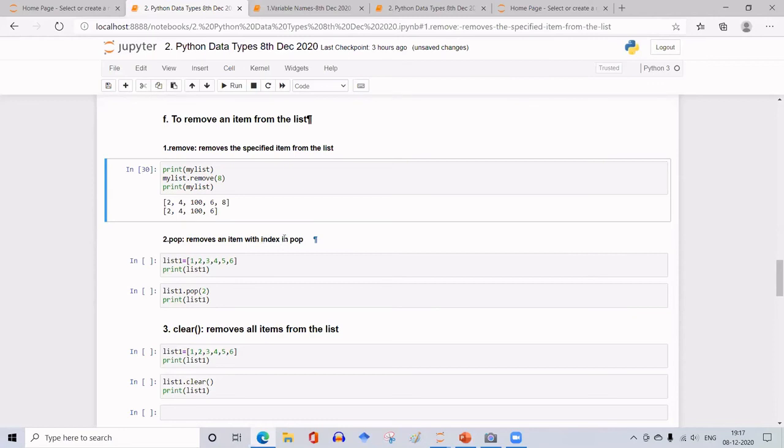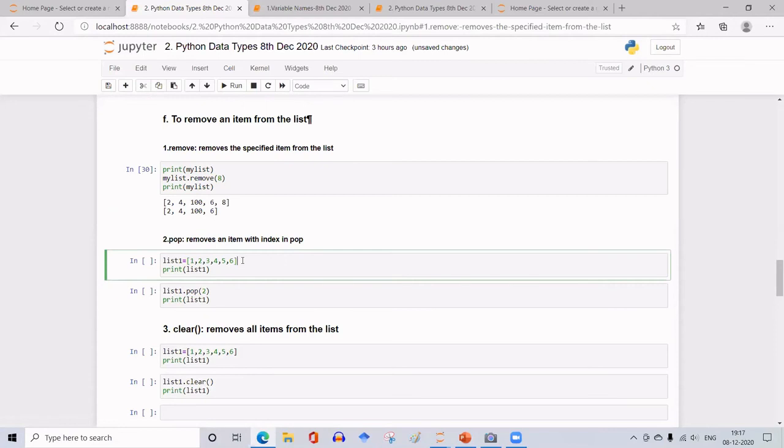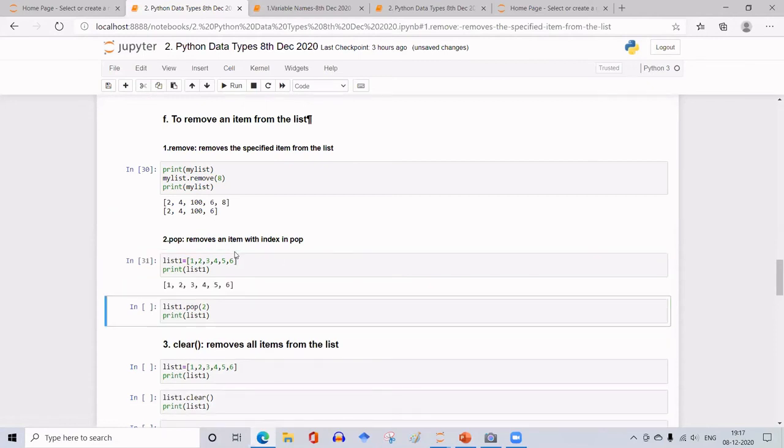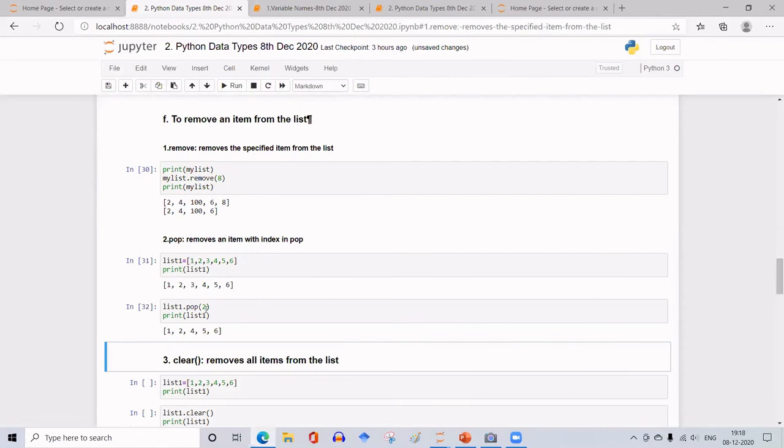You can even remove it using a pop method. So this pop method will pop out the value, and also it prints the updated list. See here, this is the list 1, 2, 3, 4, 5, 6 is my list 1, and I'll pop out the value indicated by the index 2. Okay. So what is the index 2? 0, 1, 2. That is the element 3. Item is 3, which is pointed by the index 2. So 3 is removed and the updated list is 1, 2, 4, 5, 6.